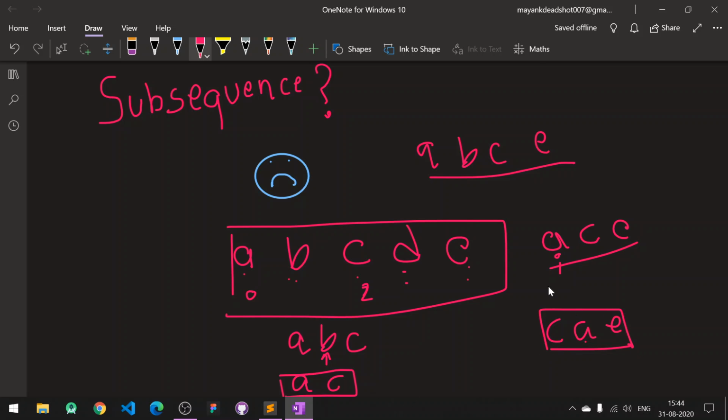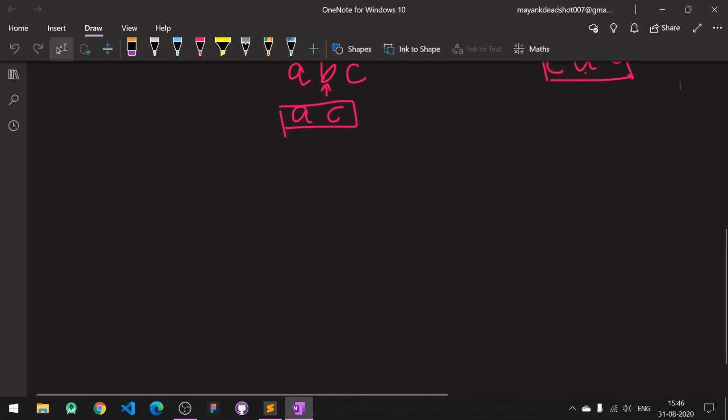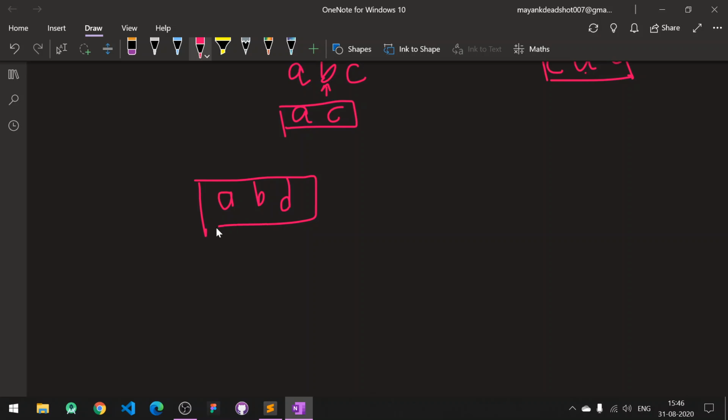Now we will discuss what the longest common subsequence problem is. In this problem you are given two strings. First of all, let's take an example: A, B and D. This is the one string that we are given.